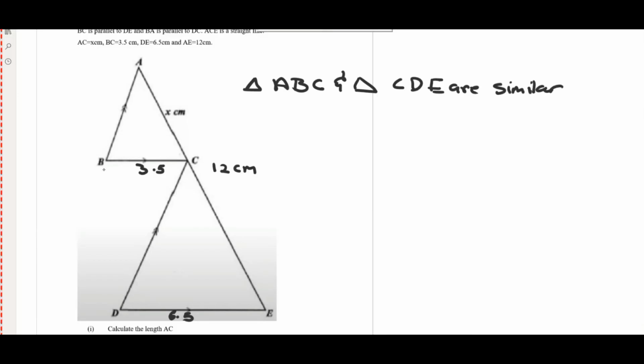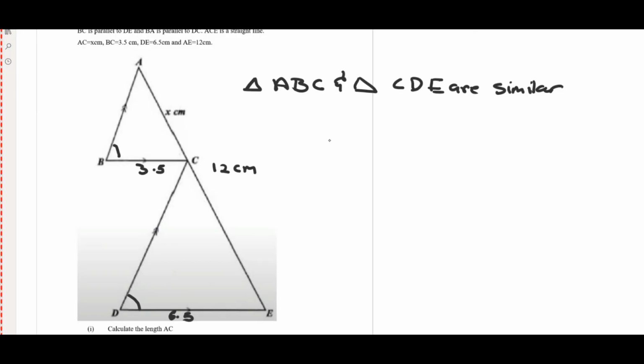They have the same angles. This angle here and this angle here are the same, but they're not the same size. So what we know is that they are scales of each other. So when they say to calculate AC, that's X,